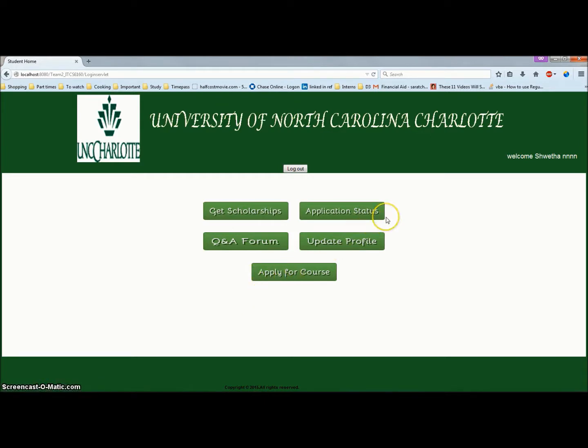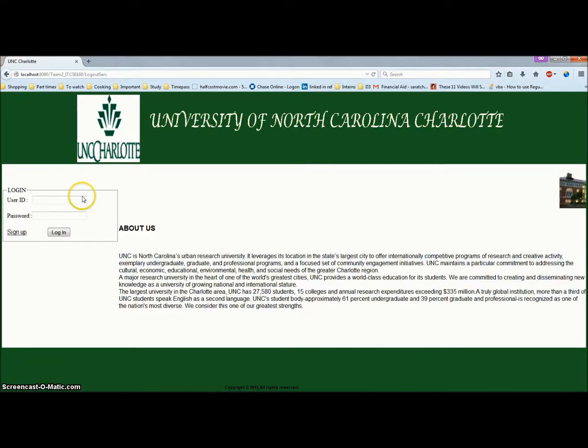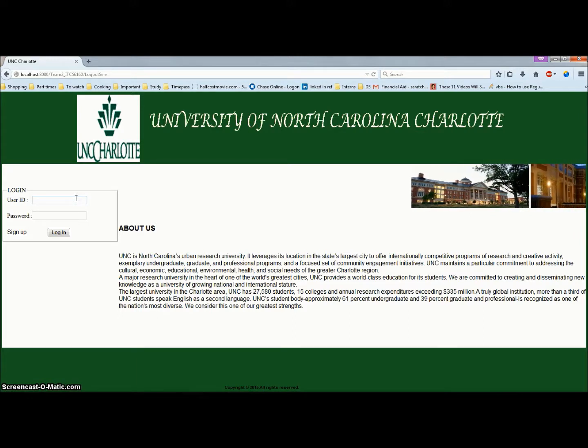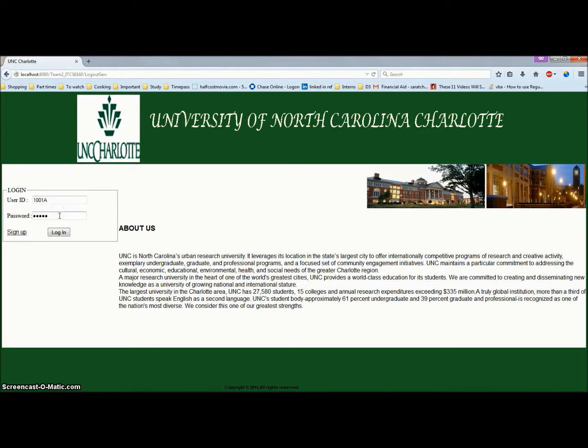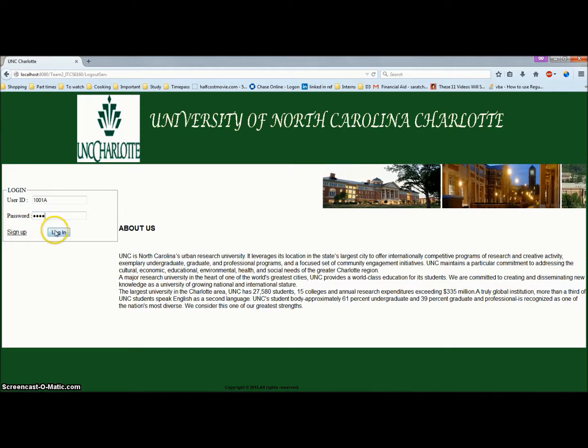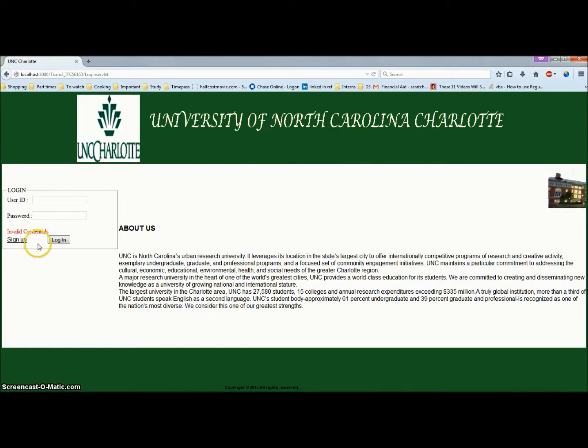He can even check the status of his application, like is it pending or what is the status, in this application status link. The name of the student also we can see here, like welcome user. And once we click again on the logout, we come back to this login page. We even have the validations of checking the username and password. If we enter some wrong username or password, we have an error message here as invalid credentials.